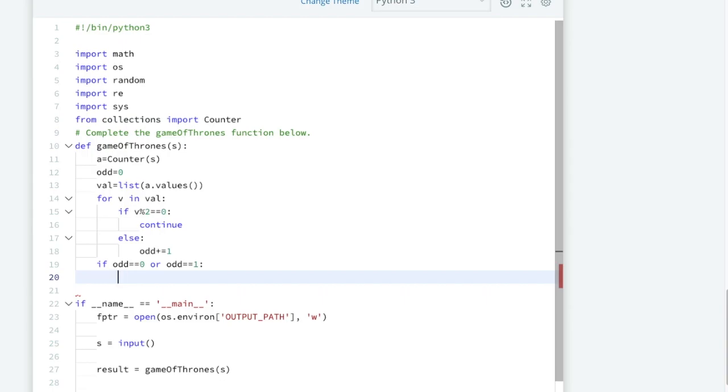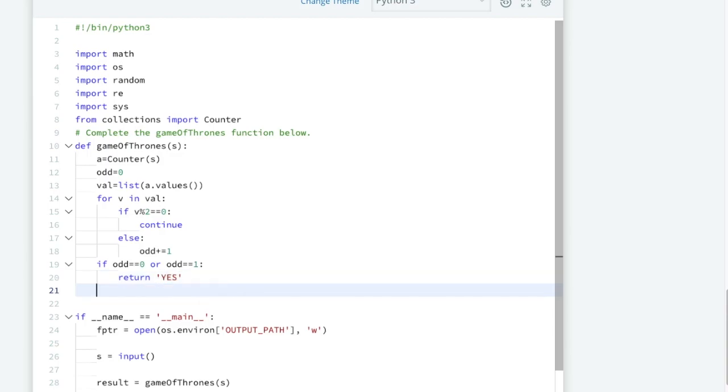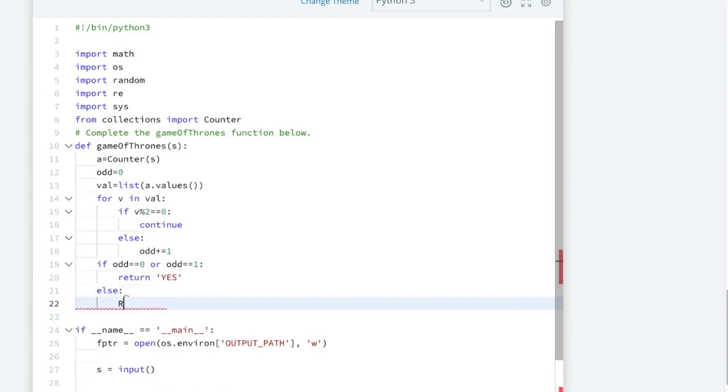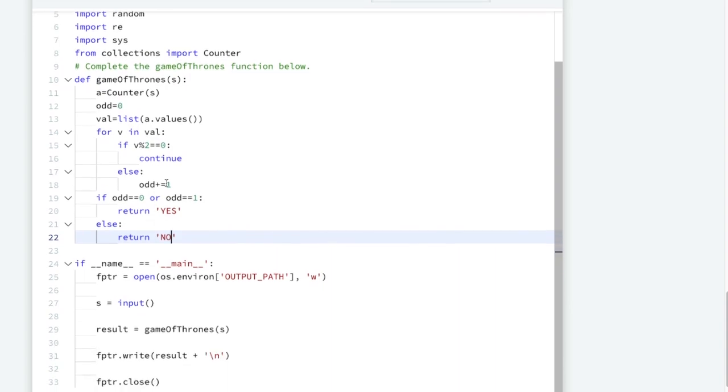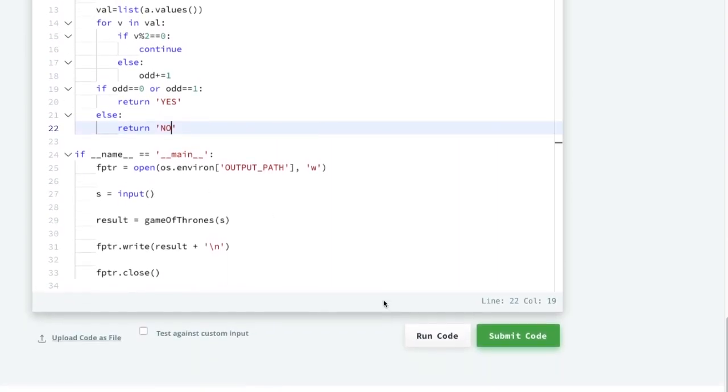So we'll simply return yes, else we'll return no. So this was the logic. So let us run this code.